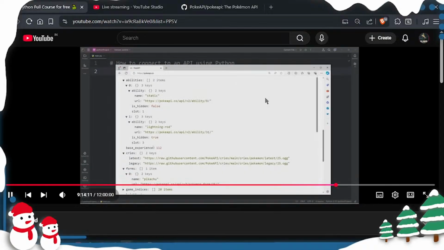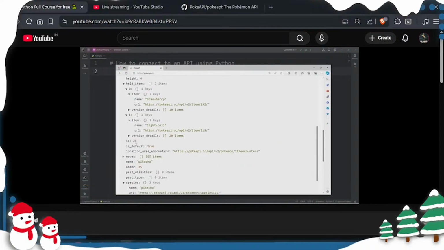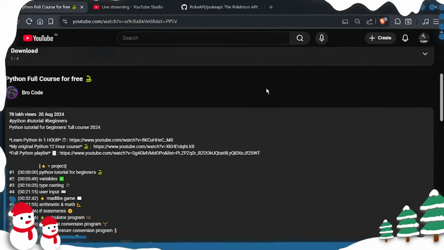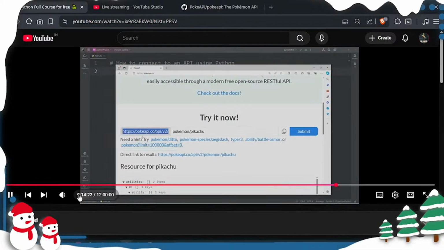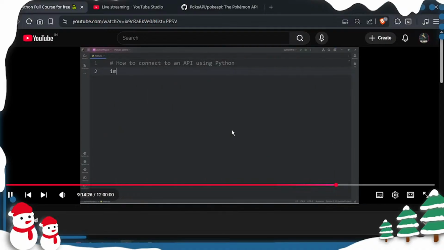Such as Pikachu's name, height, ID number, and all sorts of moves and abilities that a Pikachu may have. We will need this URL, but we'll handle that later. Our first step is that we're going to